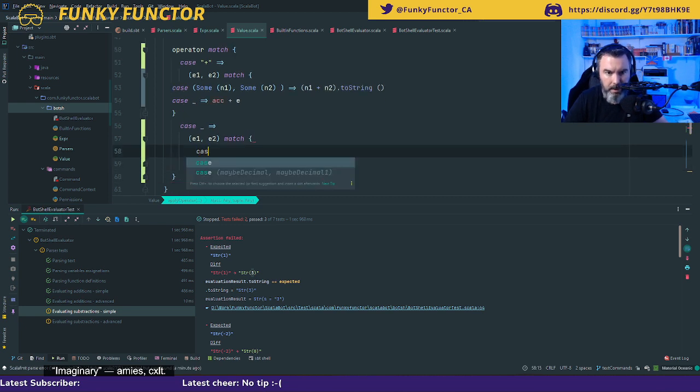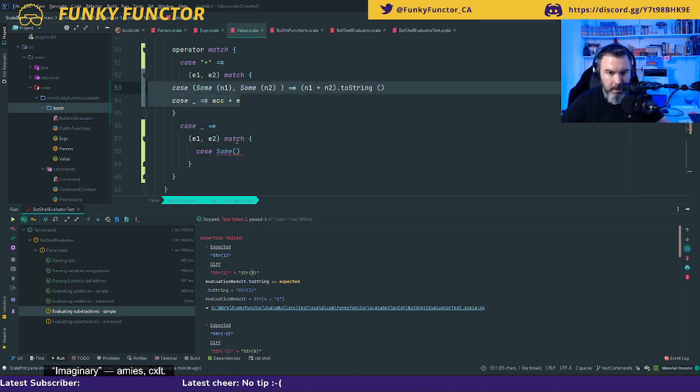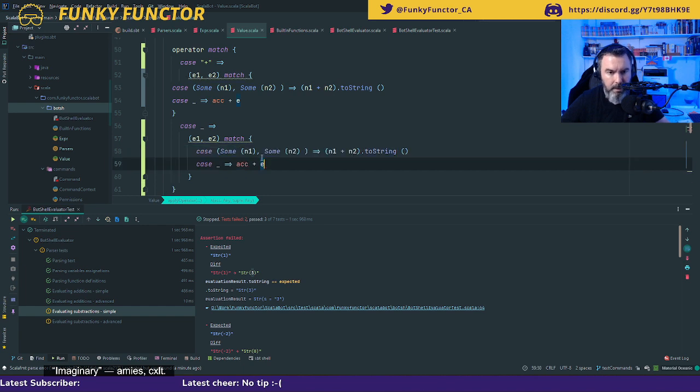Okay, so case sum, we're going to take the same thing here. So here, if that doesn't work, then I want to return, let's see. So first of all, if both of them are big decimals, I can do n1 minus n2 and then return to string.